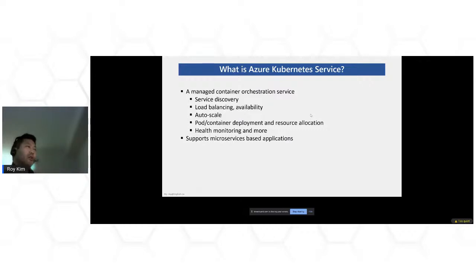But still, we can take advantage of the Kubernetes technologies, such as service discovery, load balancing, auto scale, pod container deployment, and health monitoring, and more. But typically, Azure Kubernetes Service really supports microservices-based applications, or microservices architectures, right? So that's really the sweet spot of using Azure Kubernetes, and how it differs from other, let's say